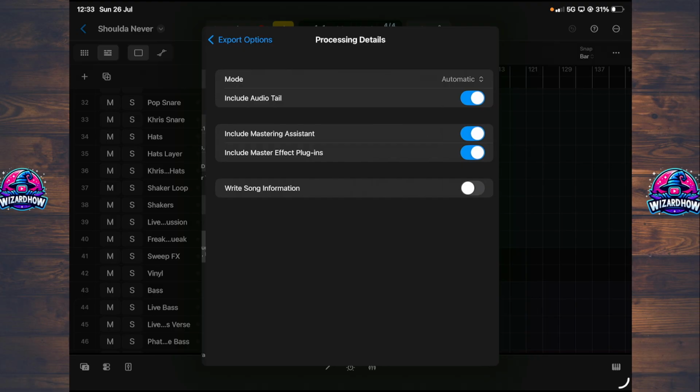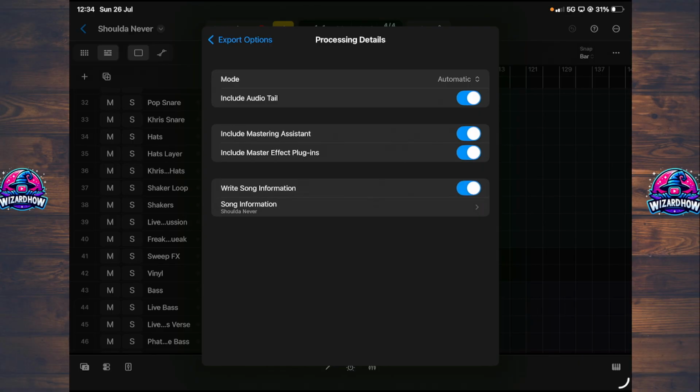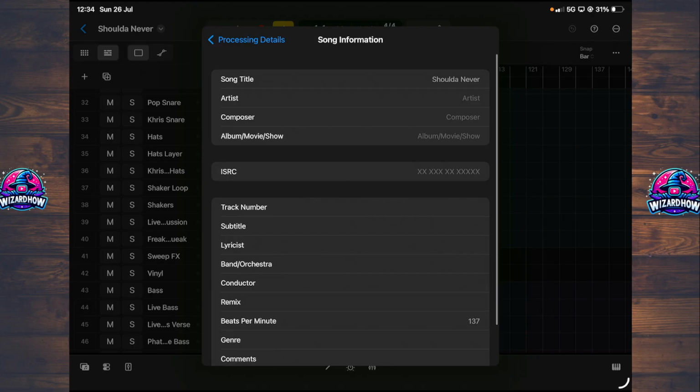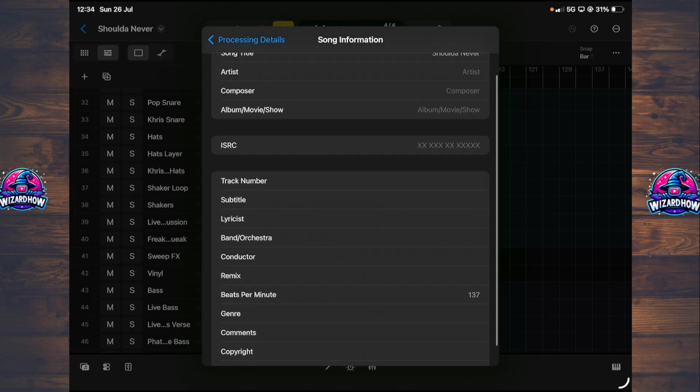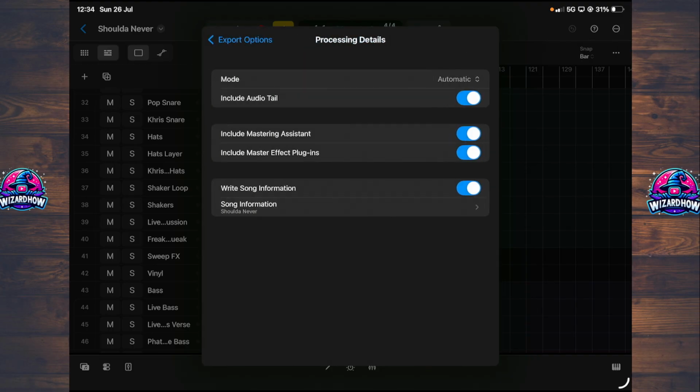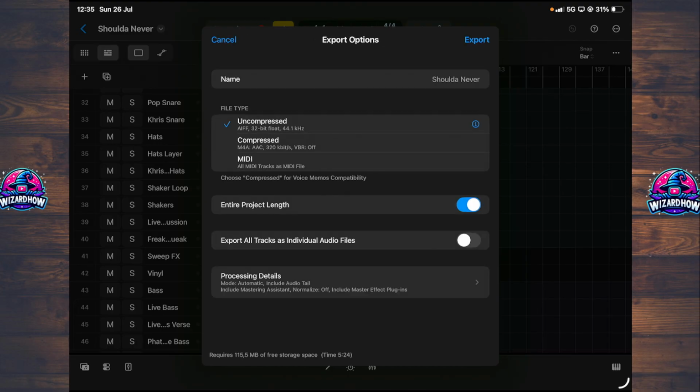processing details we have here, so we include audio tails, include mastering assistant, include master effect plugins, write song information, we can also do that, and type in here some song title. We have artist, composer, album, movie, show, track numbers, subtitles, lyrics, and so on. So if you don't want this, just put on off. Okay,